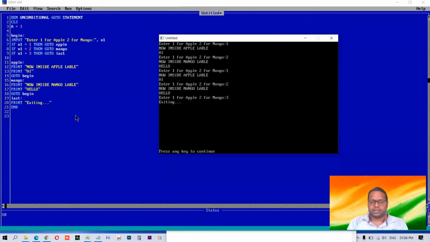So thank you dear students. I think this is enough to make you clear how goto works unconditionally and conditionally, what the role of the if condition is, how we can slow down the process by giving a nil loop, and how we can use labels to make such an interesting program. So enough for today. Thank you.